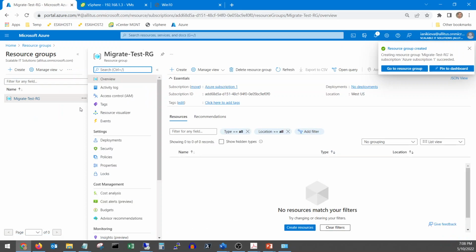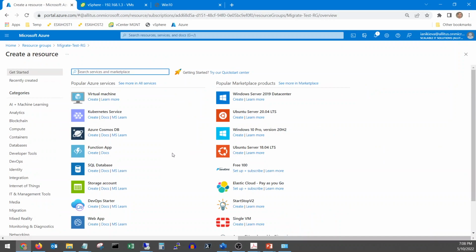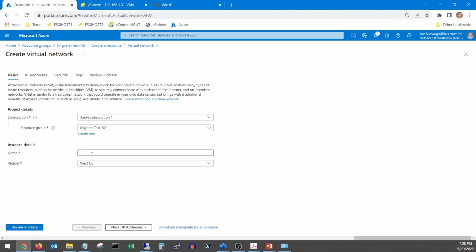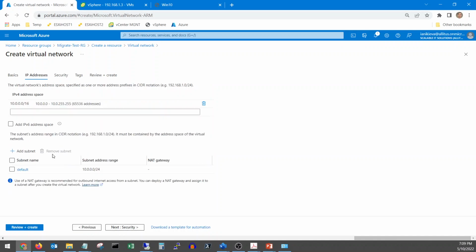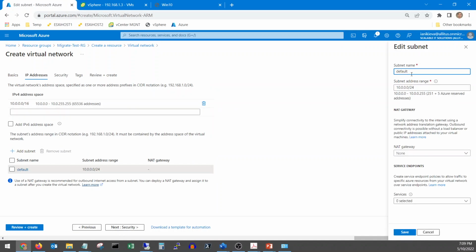Those resource groups are created very quickly. So now we are ready to create a resource. We're going to create a VNet, a virtual network, and put it in that resource group. We're going to call it Migrate Test VLAN. Then we're going to choose an IP address, and instead of the default right here,